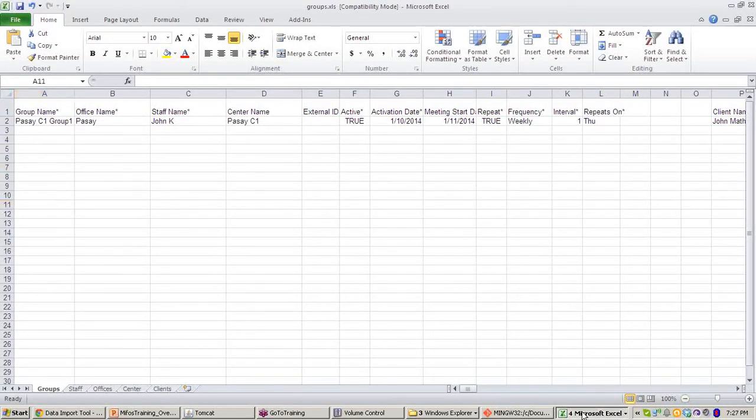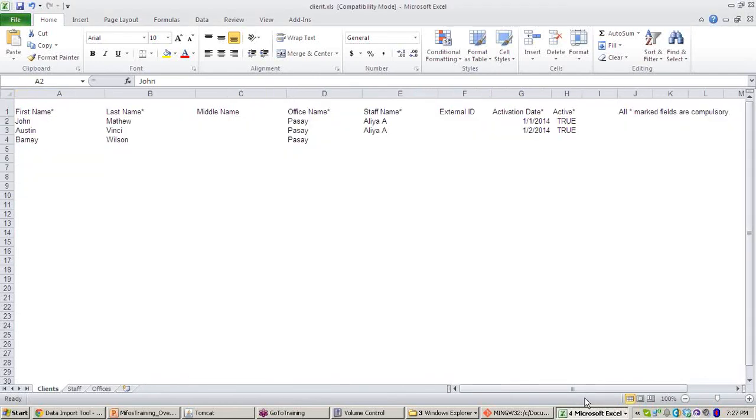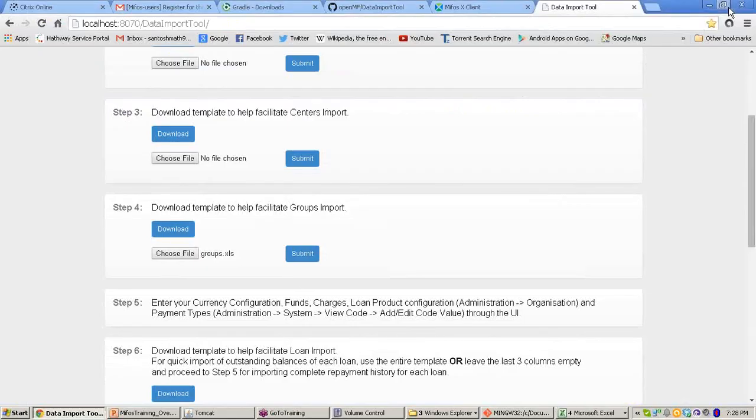Similarly you can create any number of centers, and any number of clients. Once you upload the file in one shot, it is as good as you have created that many clients, groups, or centers.